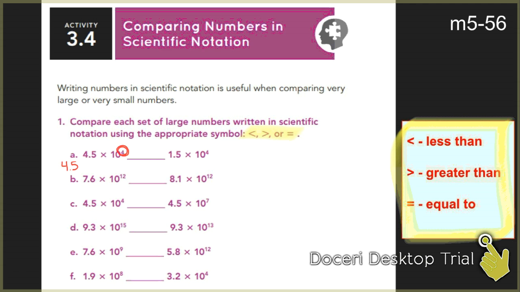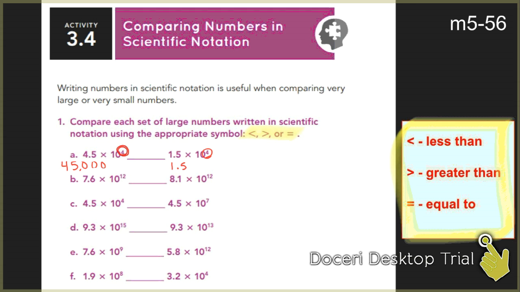Positive moves to the right, so we're going to move this 4 places to the right. 1, 2, 3, 4. Remember, we fill these in with zeros. And then we go back and we erase our counting marks. And then we put our comma in, and we're left with 45,000. So we're comparing 45,000 to, and if we come over here to our other number, 1.5 times 10 to the 4th, and again, our